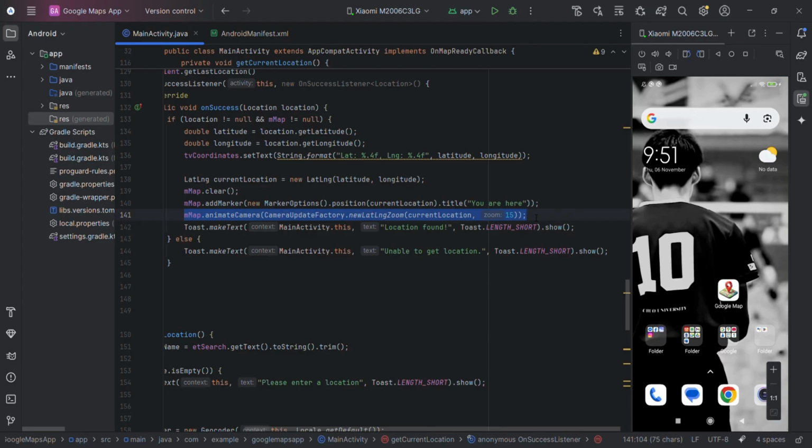The first parameter is the LatLng object, and the second is the zoom level. A higher zoom number means you are zooming in closer to the location. animateCamera smoothly transitions the view to the target area.